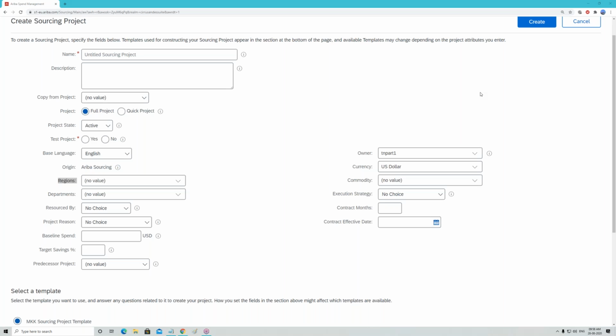You take the example of a quick project as a reference. So I understand these are certain default Ariba templates that can be used to quickly come up with your sourcing project, right? Yeah. Okay.